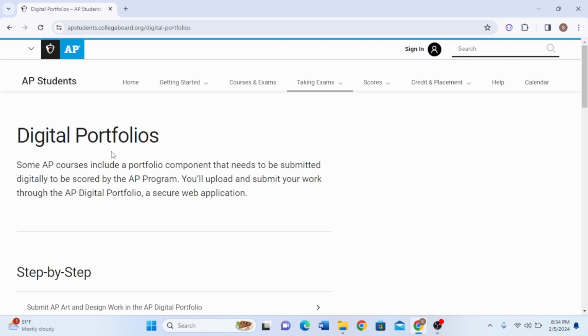and you just landed on the Digital Portfolio's official homepage, and in the top right corner beside the search bar there's this icon that says sign in. Click on this,